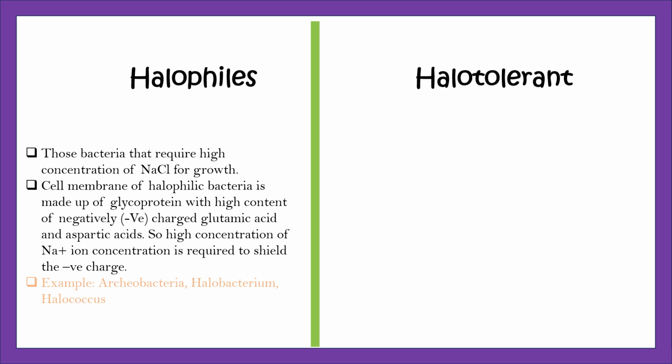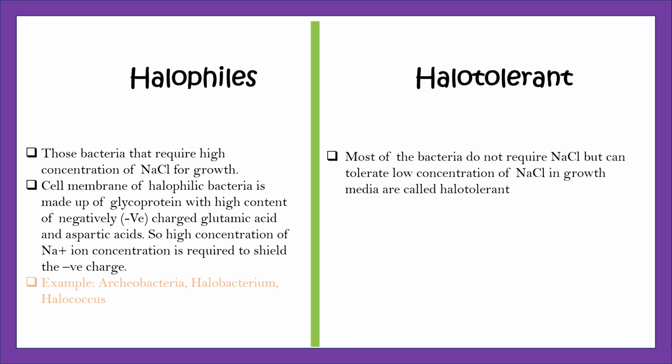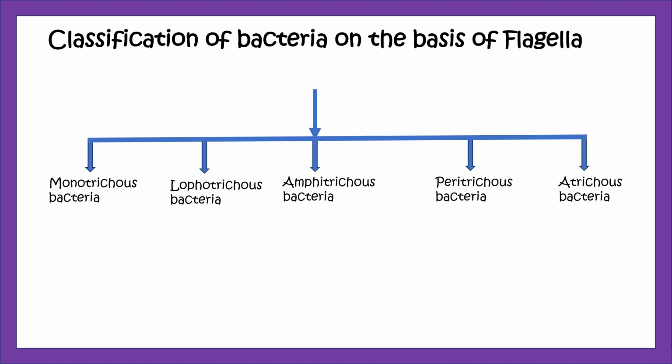So a higher concentration of Na+ ions is required to shield the negative charge. The examples are Halobacterium and Halococcus. Move to the halotolerants. Most bacteria do not require NaCl, but can tolerate low concentration of NaCl in growth media. These are called halotolerants. Move to the classification of bacteria on the basis of flagella are